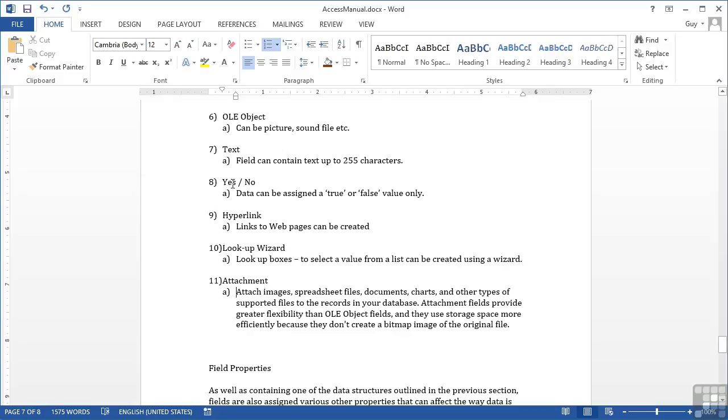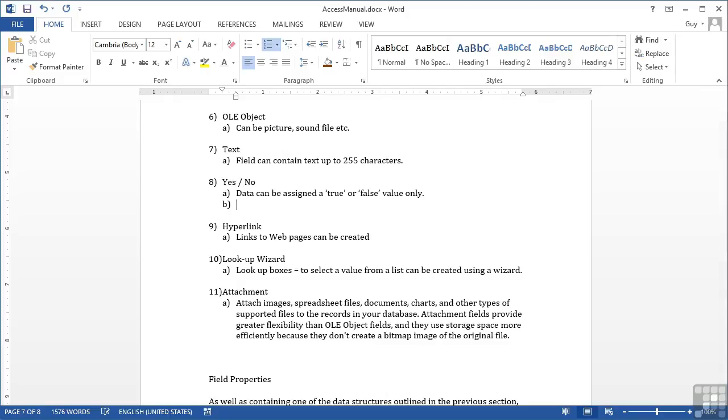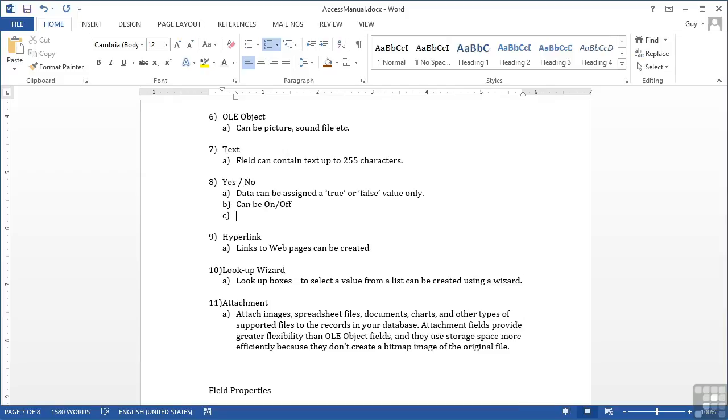So for example here where we have yes, no, we have a sub-value of data can be assigned a true or a false value only. If I go to the end of there and return, I remain at the same level in my multi-level list, so I get a B, can be on/off. And then at the C value, I can add a third option,